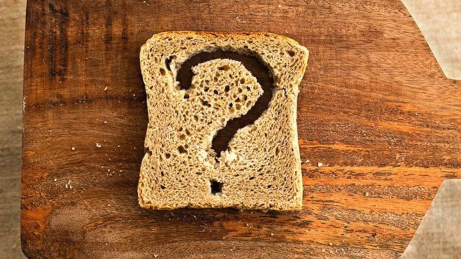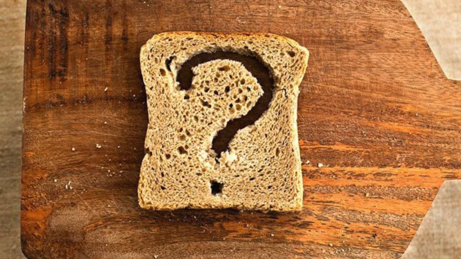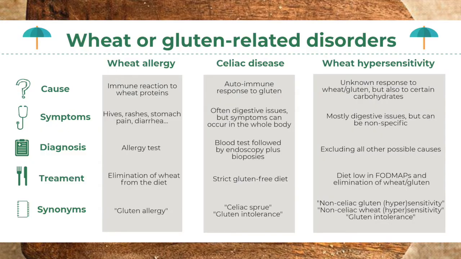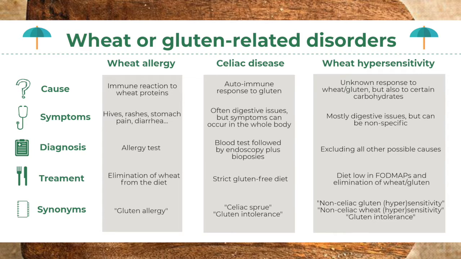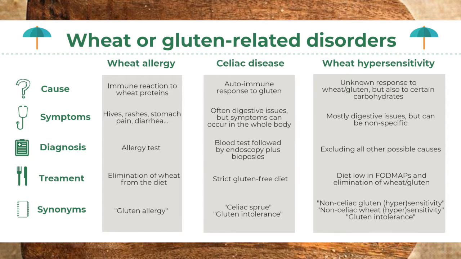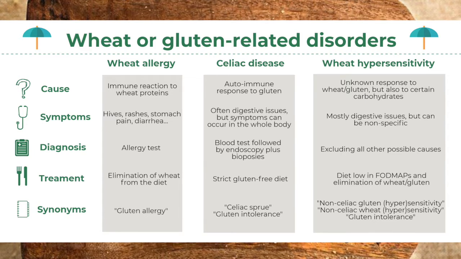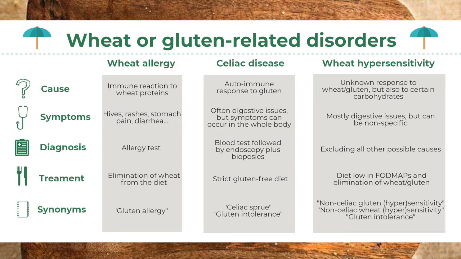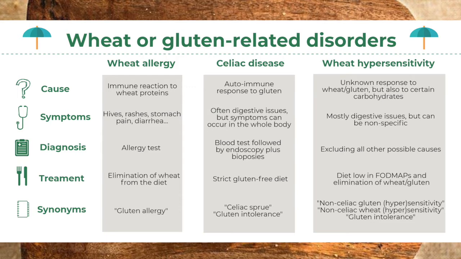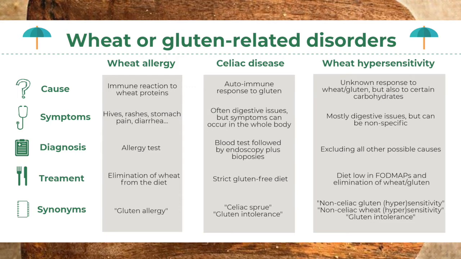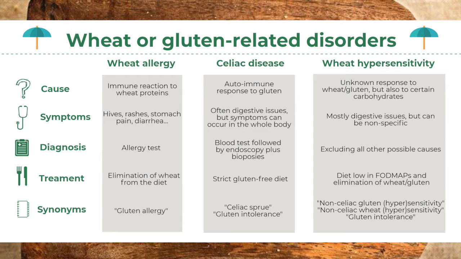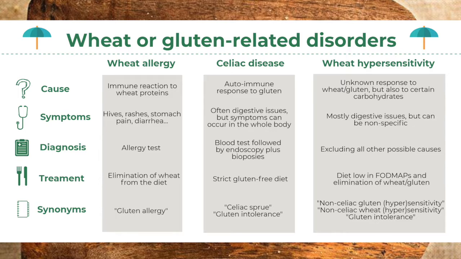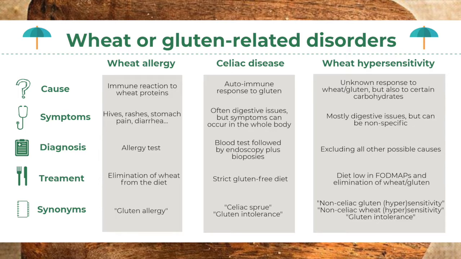Adverse food reactions to wheat are an excellent example of the importance of distinguishing between these three categories. Wheat allergies, wheat sensitivity, and celiac disease are all wheat or gluten-related disorders that differ in their cause, symptoms, diagnosis, and treatment. As a clinician, it is important to know the differences between these disorders for patient diagnosis and treatment. It is also important for patients and family members to understand the difference so they can follow the correct dietary